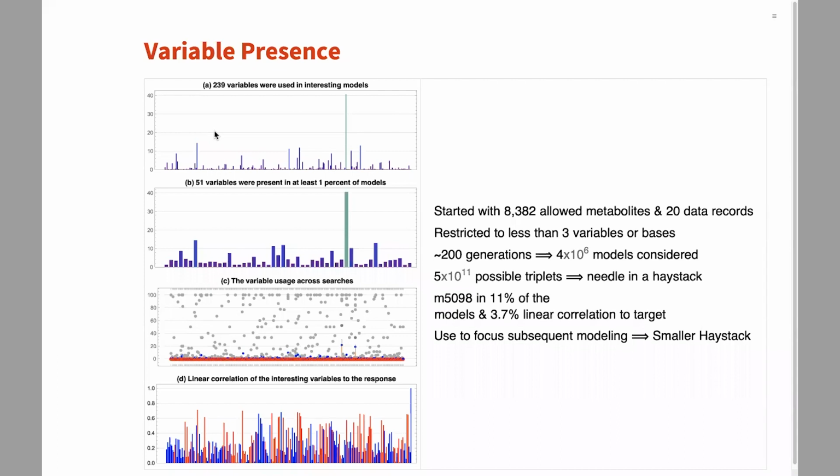So looking at variable presence. What this is, again, continuing the immune system response with the metabolites and all. A lot of variables went in. Only a couple hundred were even in the interesting models that we selected. Now, the thing is, it is a needle in a haystack problem. We've got 10 to the 11th possible triplets,